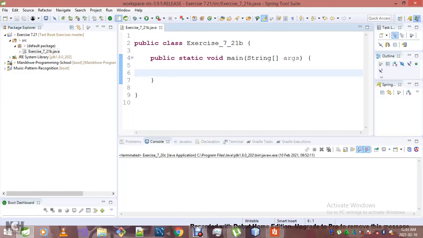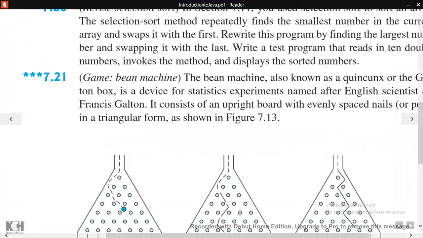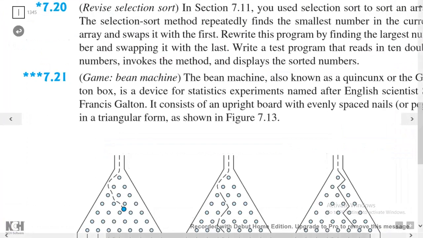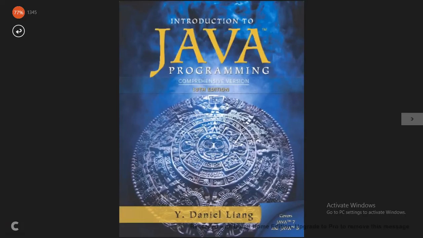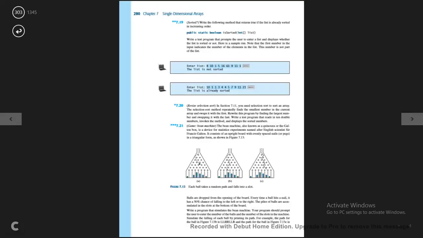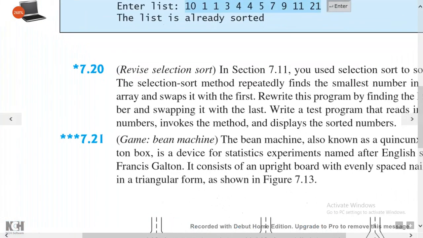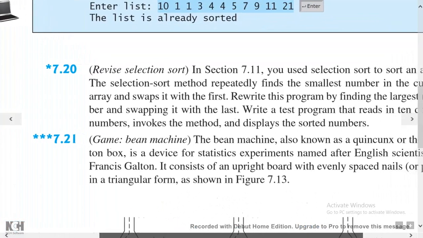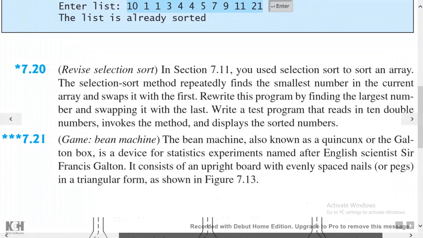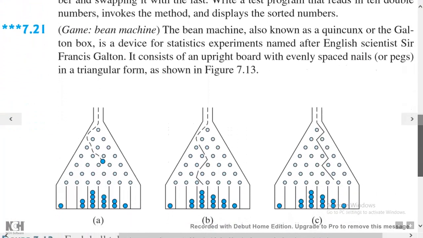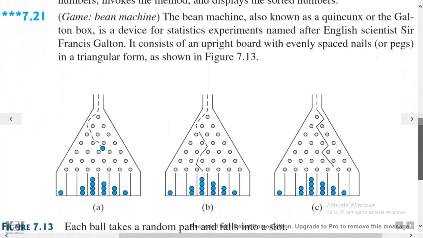Hey everyone, this is the problem working with 7.21, and this is our textbook right here. This problem looks like a complex problem to work on. There is absolutely a reason why I ask people to make sure that they give it a try before